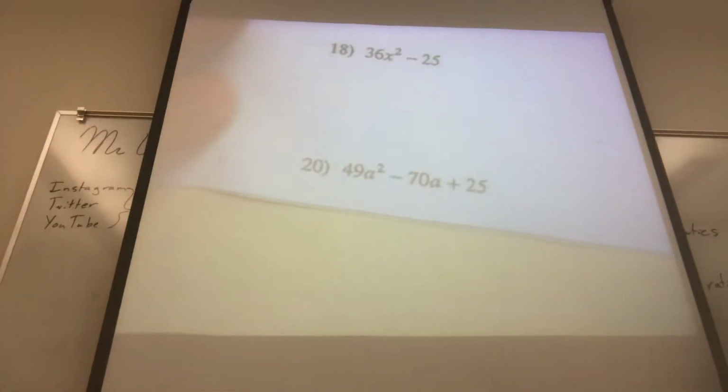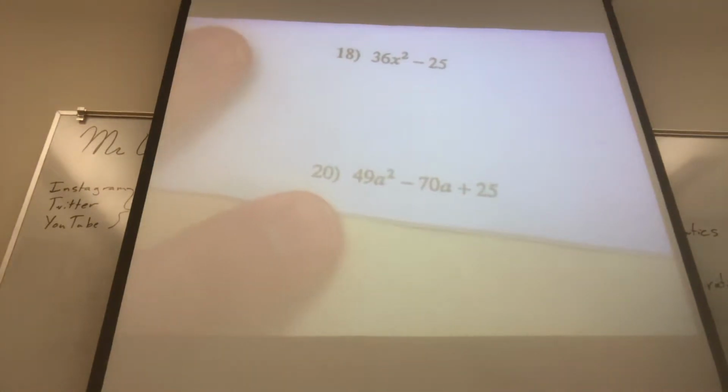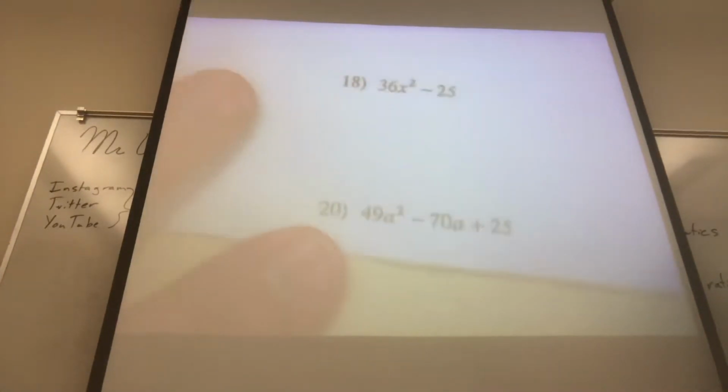However, I would like to point out number 18. Number 18 does not have a GCF. Number 18, though, is missing the b value. Number 18 is going to be